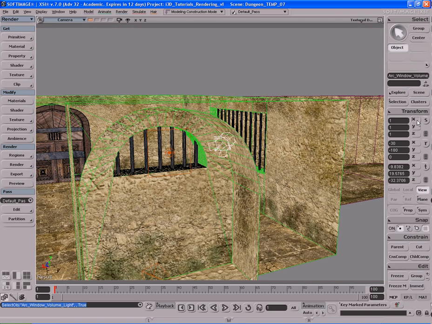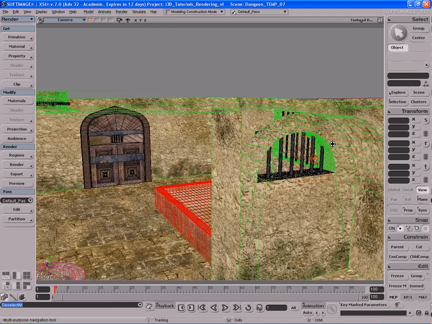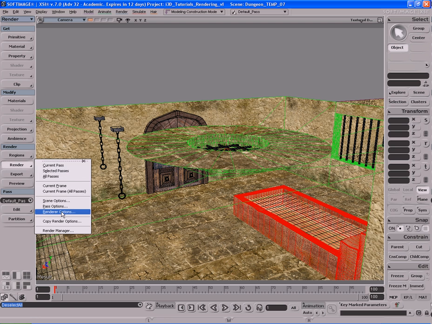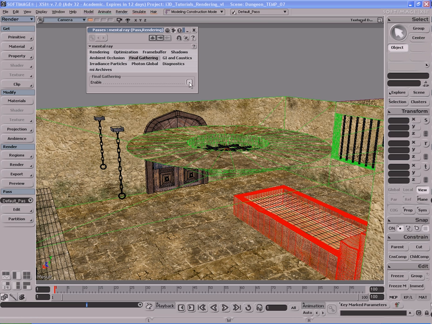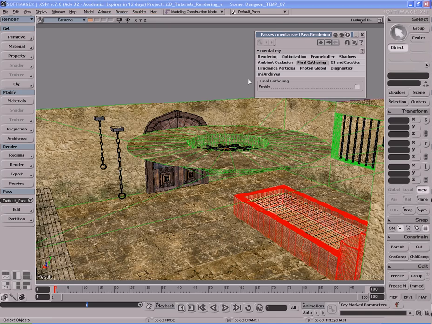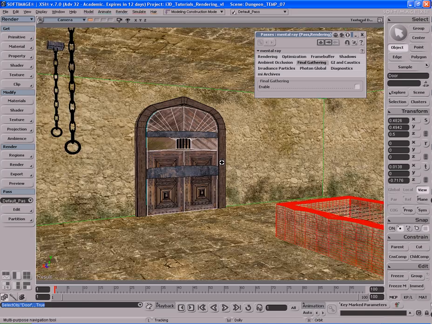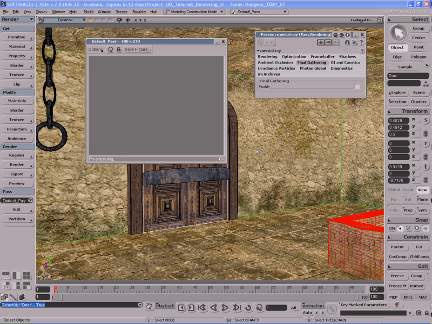If I come over here to the scale, I should hold down shift and right click on X, Y, and Z. I can type in 0.5 to make the light smaller. That automatically is going to give us our shadows back in that area. Just to show you, I'll go back here to render options. I'm going to turn final gathering off for the moment because it's really slowing me down. And if I come in here and do a test render,